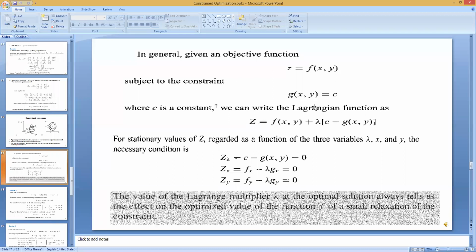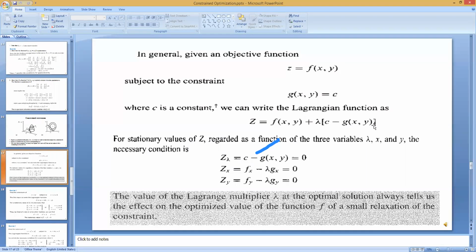But remember, it will depend how you are defining or accommodating the constraint. On that matter, it will depend whether you will consider plus or minus sign for lambda. Then we have to find out x star, y star, and the value for the Lagrange multiplier. So we are considering the first order derivatives. I can start with del z by del x. So del z by del x, we can consider as zx, is equal to del f by del x, fx